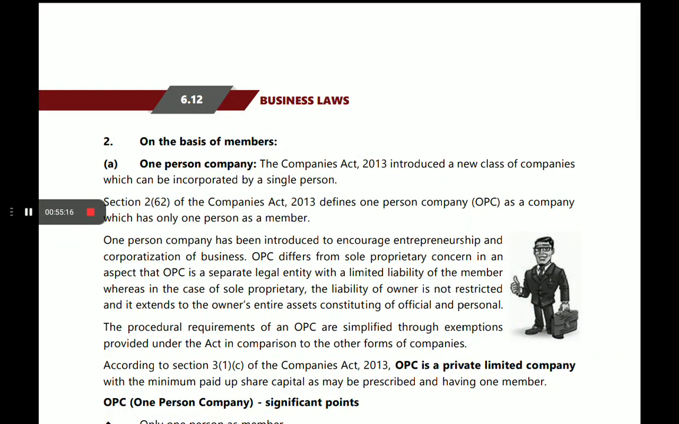One person company. The Companies Act 2013 introduced a new class of companies which can be incorporated by a single person. Section 2, subsection 62 of the Companies Act 2013 defines one person company. An OPC is a company which has only one person as a member. One person company has been introduced to encourage entrepreneurship and